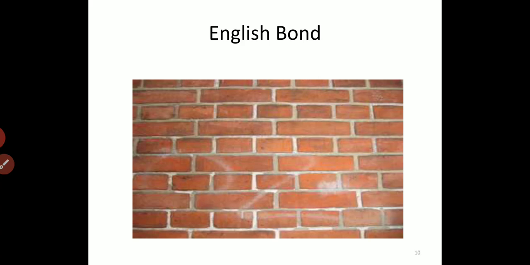You can see here header, stretcher, header, stretcher. Okay, these are the alternate courses of header and stretcher in the wall. When we are doing construction of the English bond, there is one point that we have to remember: the queen closure must be provided after the queen header. I will show you the diagram of the queen closure later, what is a queen, what is a half brick, what is the king closure. Okay, I will show you one by one.